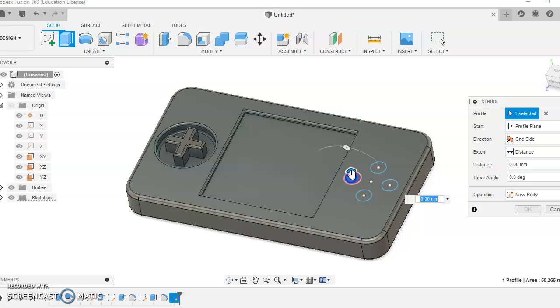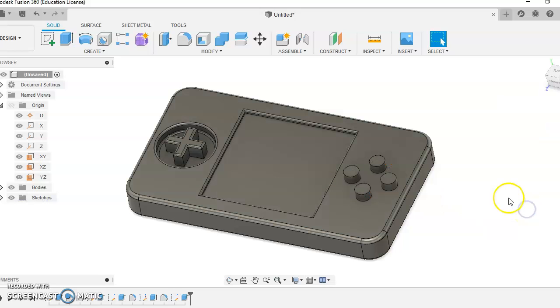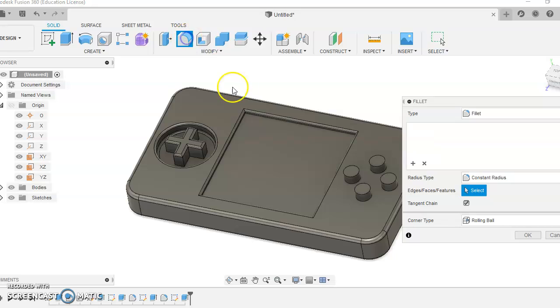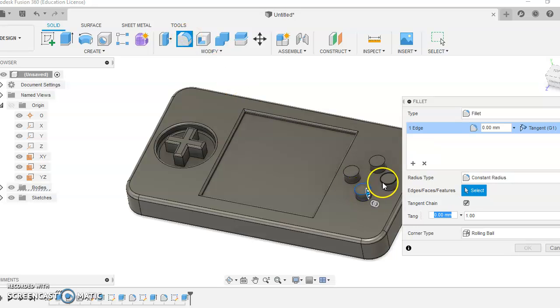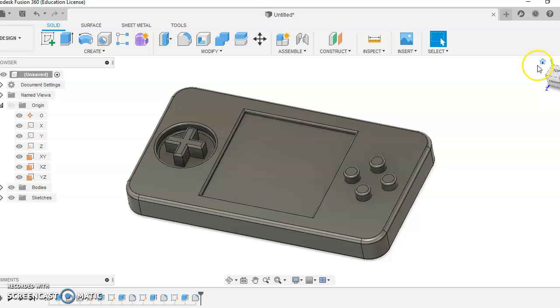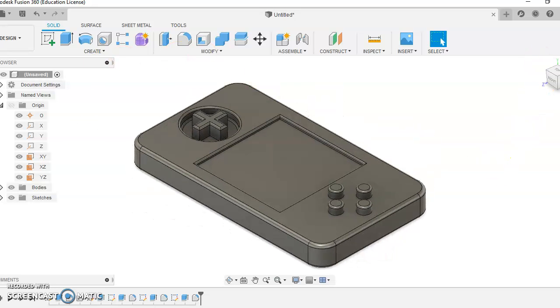Extrude. Select our 4 buttons, and we'll extrude them to a height of 5. Press OK, and we will fillet. Let's try 0.5. 1. Press OK. Home button. And there, girls, you have